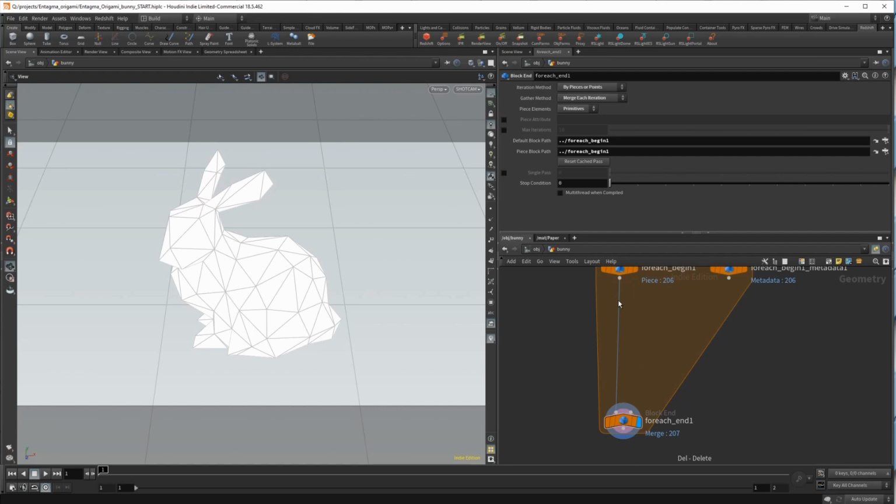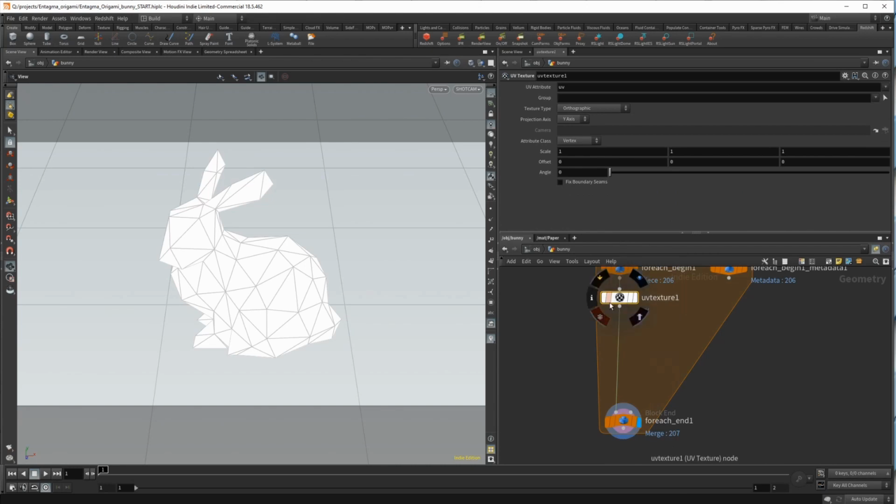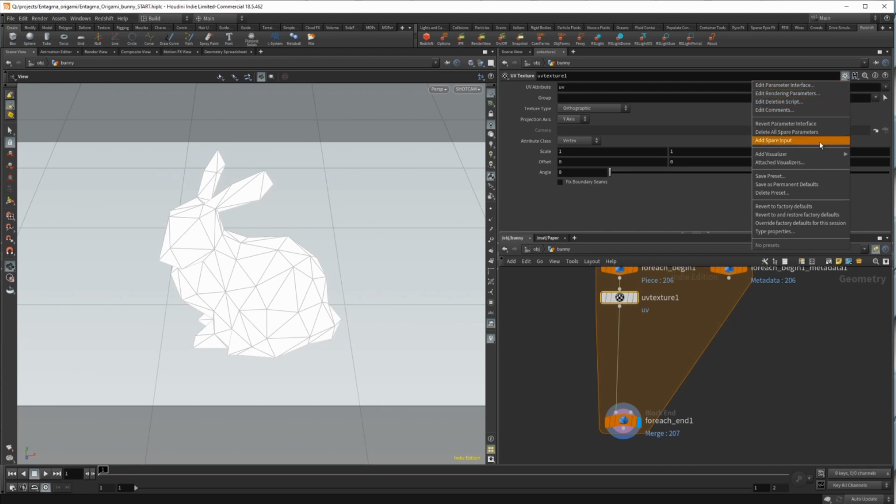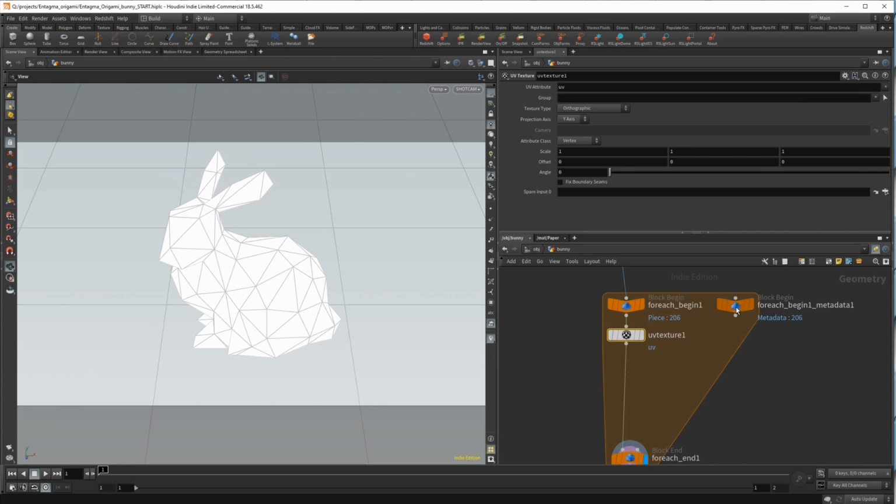So we're going to want to apply a paper texture to this, and for that we need UVs. So let's drop down a UV texture. If we just drop it in here, it'll apply the UVs uniformly across it, and then across the different folds our UVs are going to line up perfectly, and that's not what we want. Instead we want to create a bit of randomness and break it up a little bit. So in this UV texture, what we want to do is add a spare input,